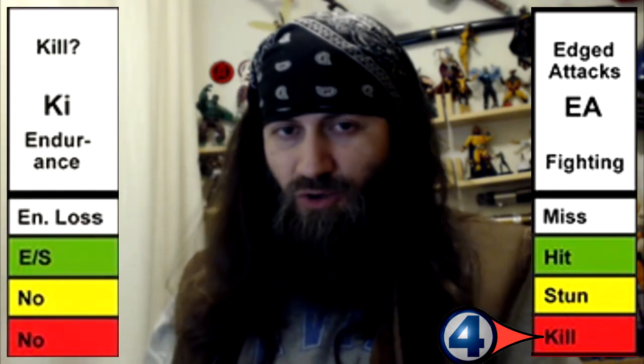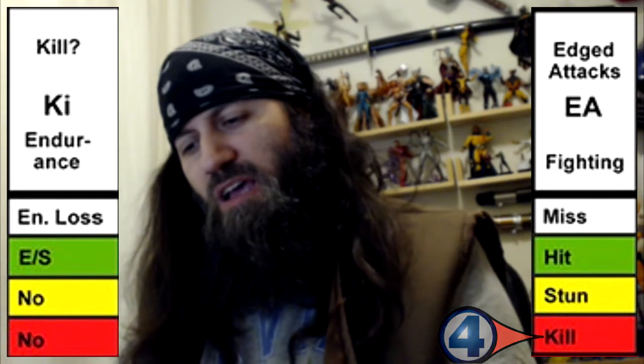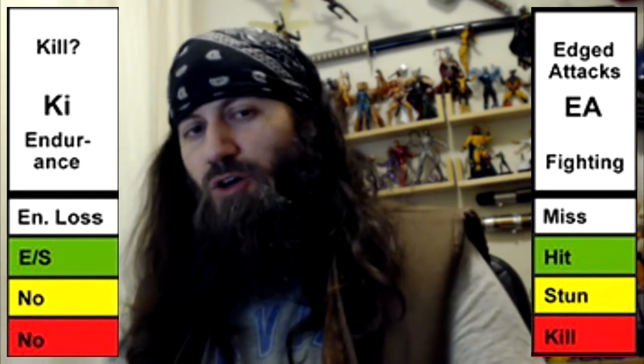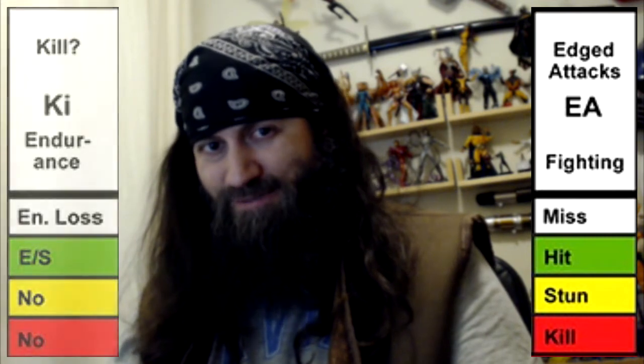What if you roll in the red? Well, when in the red, you got a kill result looking at you. Kill result is a dangerous roll, and we're going to get into all that good stuff in a bit. Understand that the general rule is that a kill result is always going to be a kill result. All right, particularly with things you can choose to reduce that. Not a problem. You can choose to reduce that